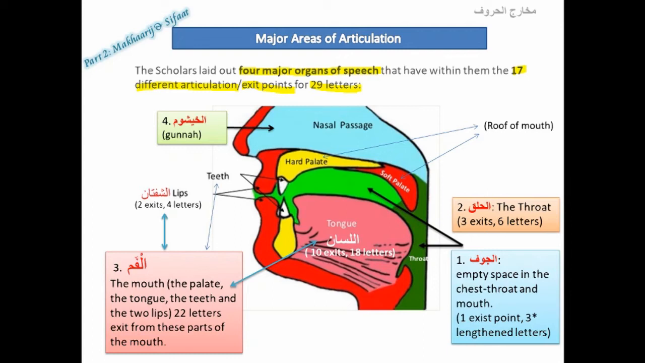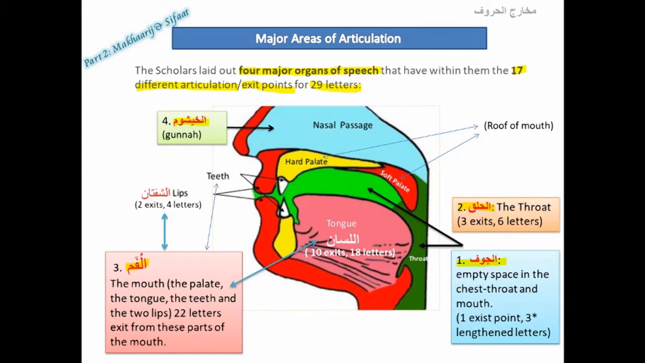So these are the 4 major organs: al-jawf, al-halq, al-fam, al-khayshum. These are the 4 major organs that we need to pronounce the letters correctly, and the letters have been divided into these 4 major organs of speech. Inshallah, we'll be looking at them in more detail in the further lessons, but just to explain this diagram to you,